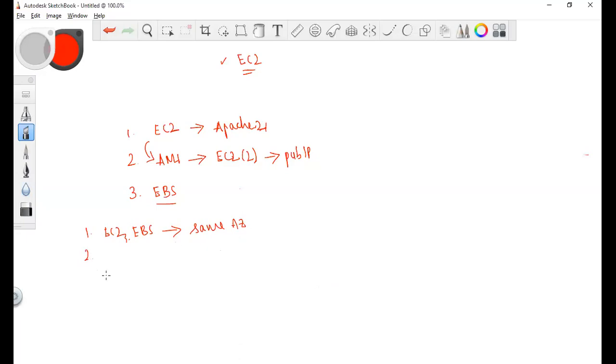You can write the points also, I'm going very slowly. Once you create an EBS volume in a specific availability zone, you cannot change the AZ of the EBS volume.